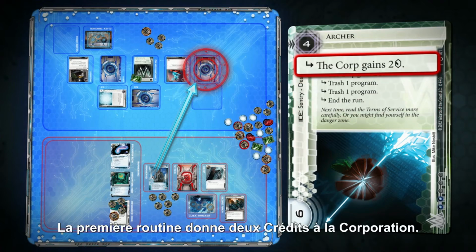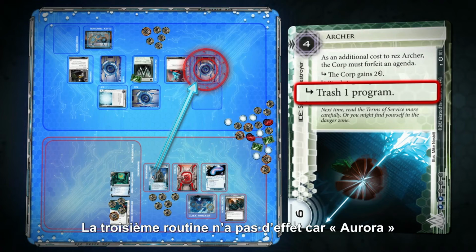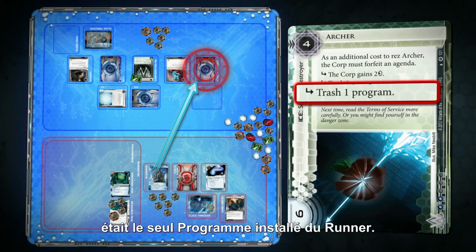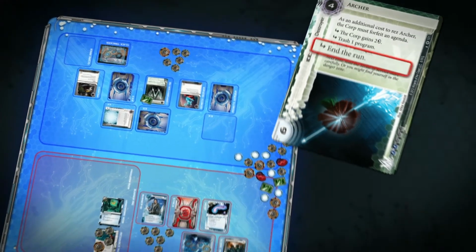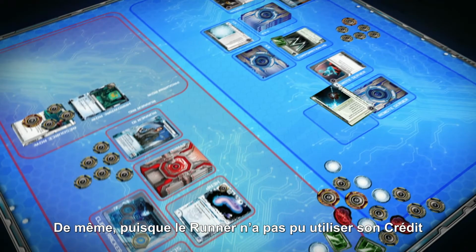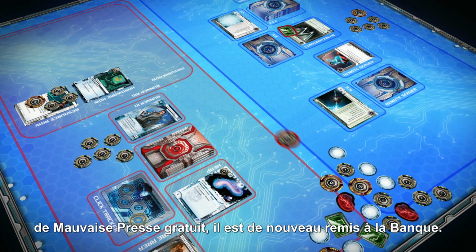The first subroutine gives 2 credits to the corporation. The second subroutine allows the corporation to trash the runner's Aurora program. The third subroutine has no effect because Aurora was the runner's only installed program, and the 4th subroutine ends the run. Also, since the runner was unable to use the free bad publicity credit, it is once again returned to